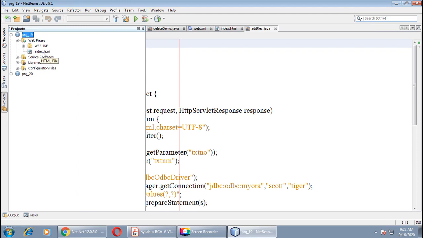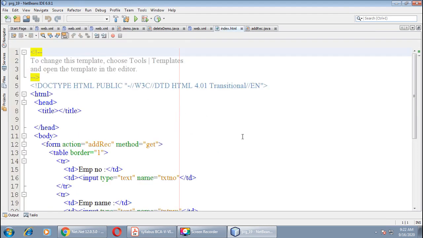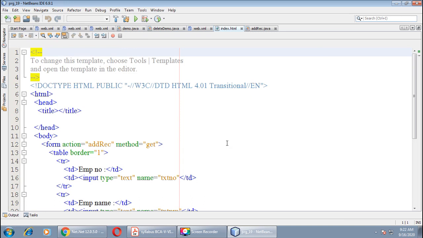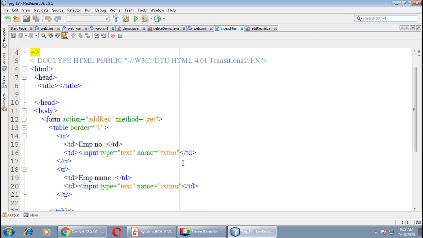Now create one index page, index.html. In this page, you can create a table through which we can enter employee number and employee name. As we have only two fields in our table, namely number and name, the same number of columns we will also define in our HTML file.